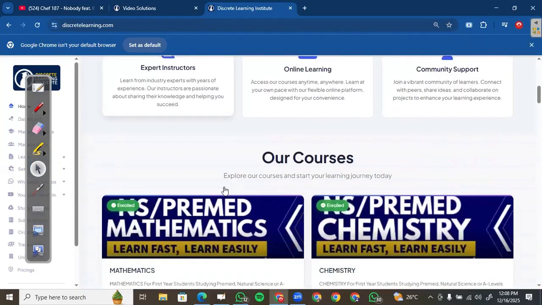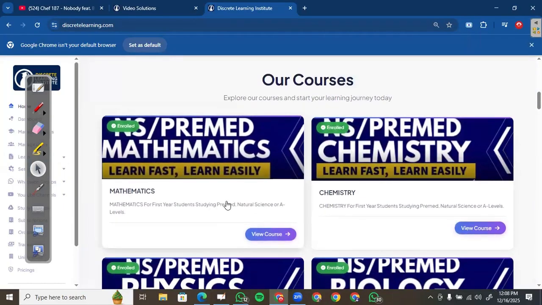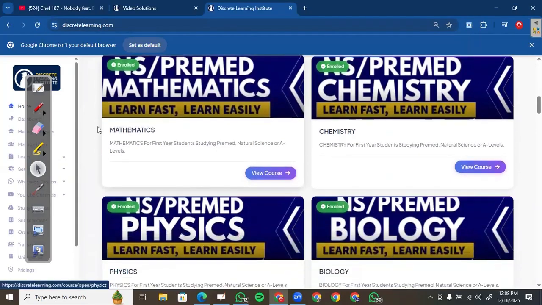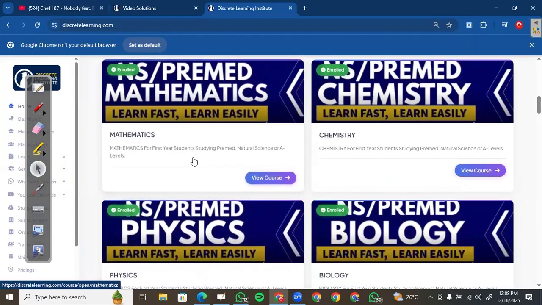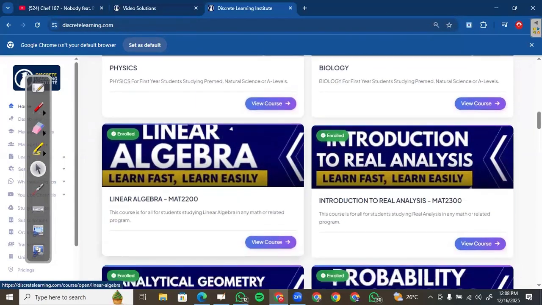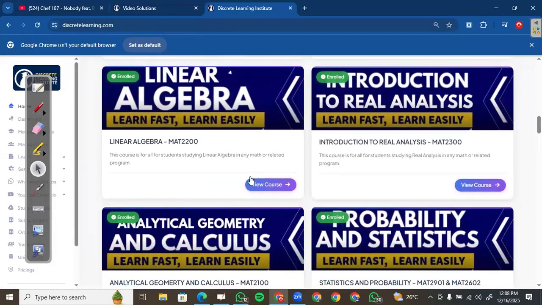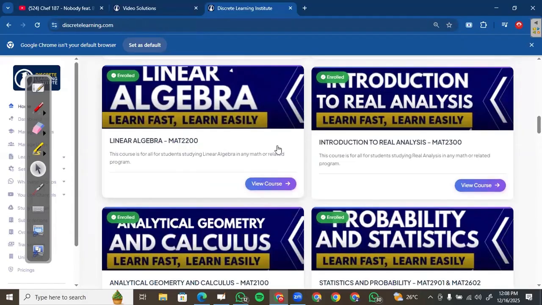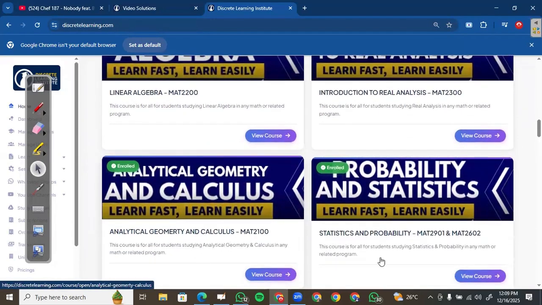So once you log in, there are a lot of courses that we offer. If you're interested in higher math courses, okay, you just skip this one. These are for first years. But if you have a friend who is in first year, you can refer them to us. We have physics, biology, chemistry, and math. Okay, so for those who are in higher math courses, you can see there's linear algebra here, introduction to real analysis, there's analytical geometry and calculus, statistics and probabilities there,